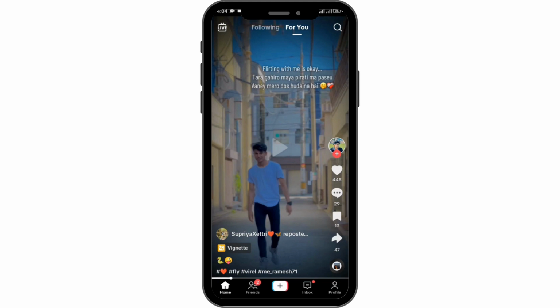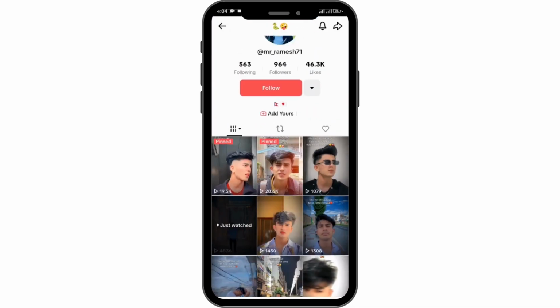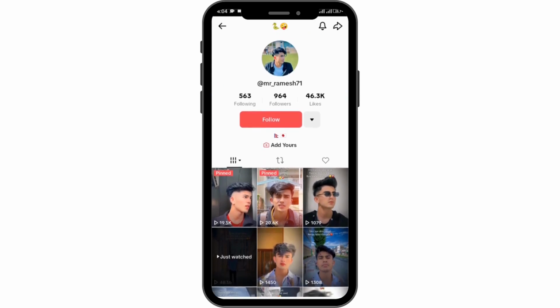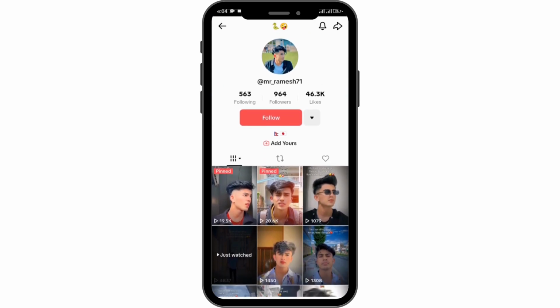So right now I'm at the homepage of TikTok, from where you'll be able to explore the various TikTok videos. So it's a further process. You need to open up the profile of the person whose like videos you want to see. Here I'm opening the profile of this person. You can see over here. You can also open up the profile of the person, and after doing that, you can see at the middle